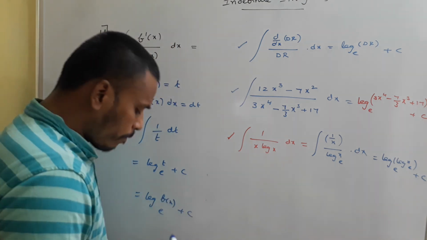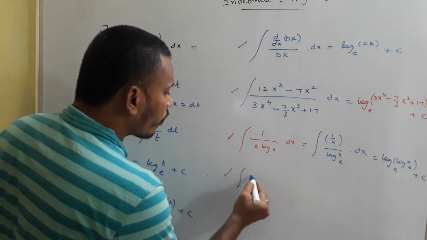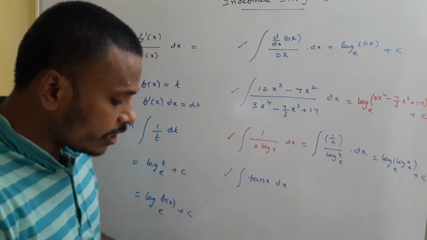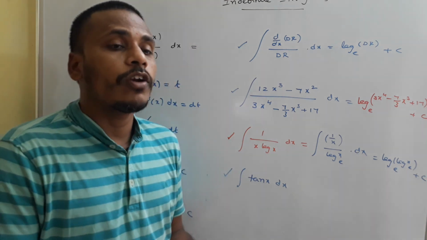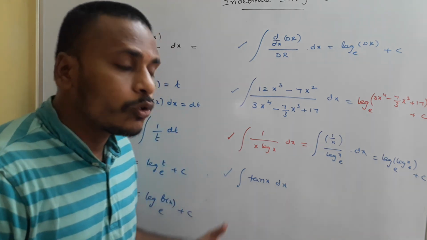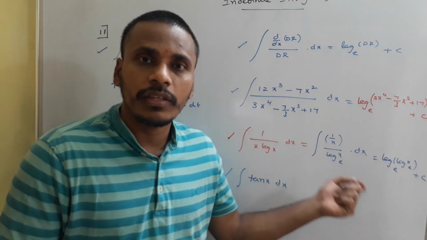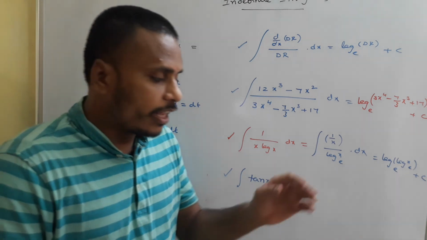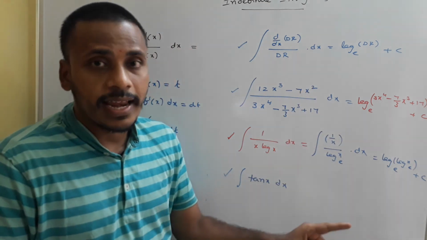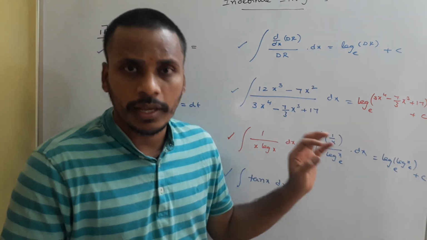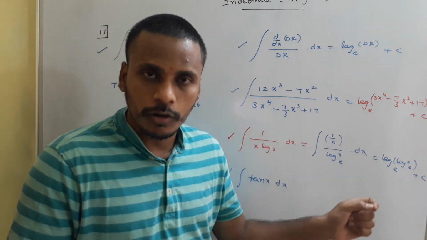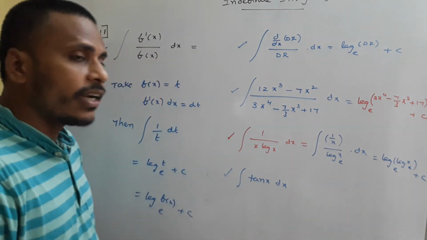And now one more thing. What do you say about the integral of tan x dx? Do we have any formula for this integral of tan x till now? Till now we don't have any formula for the integration of tan x. Now I am going to use the same technique to derive the integral of tan x. The derivative of tan x is secant square x, so the integral of secant square x is tan x. We have that, and the integral of secant x into tan x, but we don't have a formula or result for the integral of tan x.